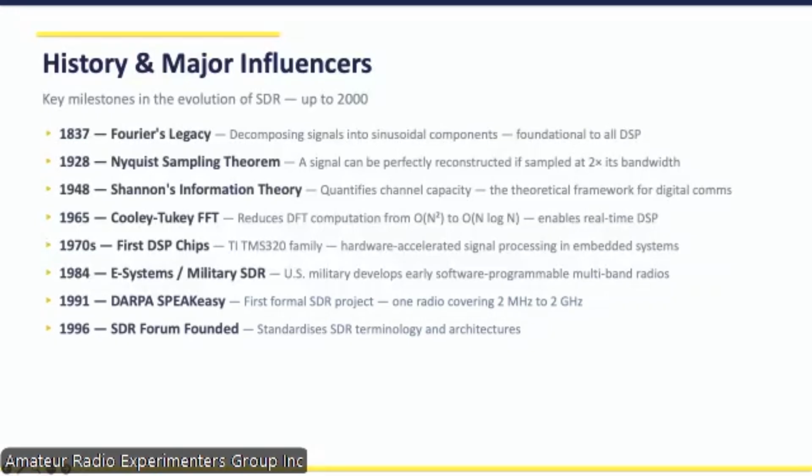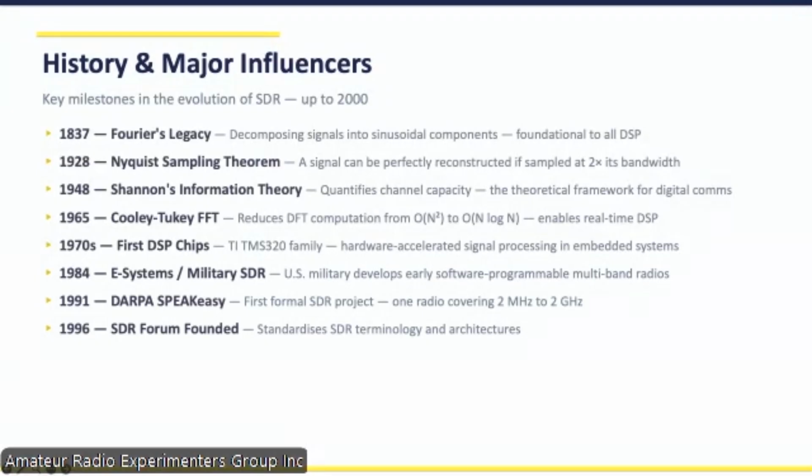Then Shannon's theory came out at 1948. We had a lot of things happen during the war. There's first start of radio, a lot of communications. When you see this online, it's probably got about 40 different things in there. I've just hit on the major events. So we started to understand what's the maximum amount of information we can put in a bandwidth and a frequency, which is a very short version of Shannon's theory. Then in